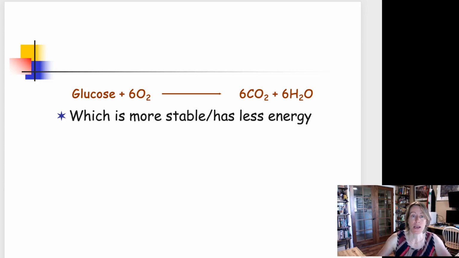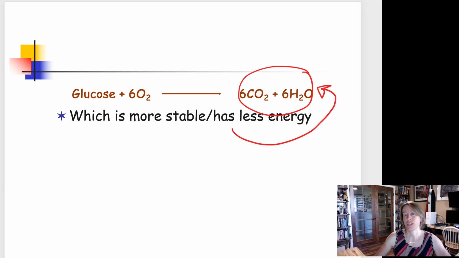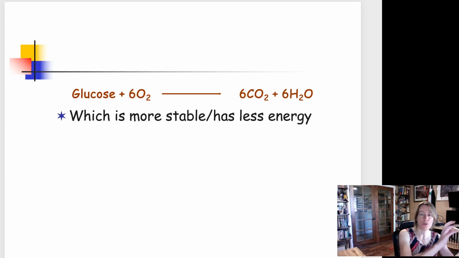And if we look at this overall, glucose is a pretty big molecule here. It's got lots of bonds, whereas over here we have CO2 and H2O, very small, simple molecules. So in this reaction, this side is more stable and has less energy. Okay, so this is a reaction going from high energy to low energy. So really this would be considered exergonic. Energy is going to come out. And based on what we've already talked about,